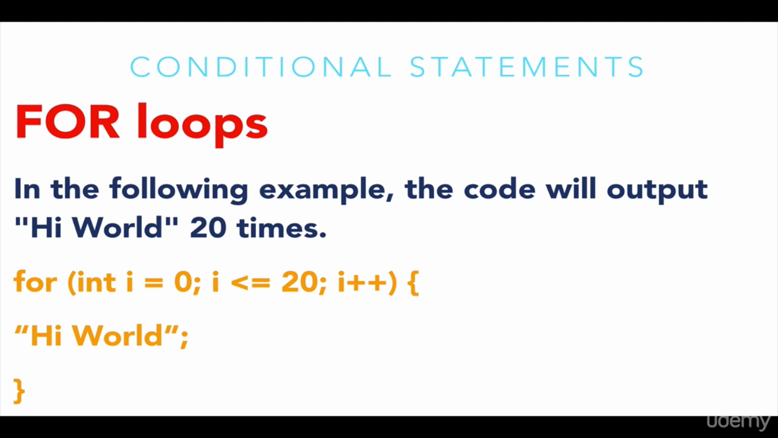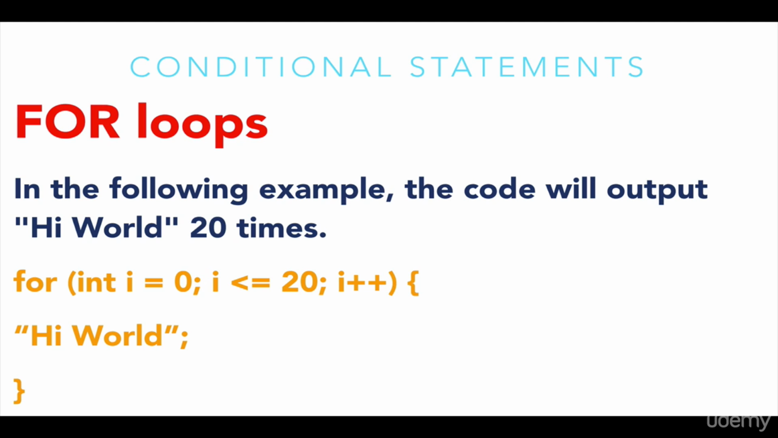And then I need to put in the condition code, the condition under which the loop will stop. Because I want to output the hi world text 20 times, I need to specify that until i is less than or equal to 20, please output the hi world text, okay? And at the end of the condition code, I just need to put in the semicolon, and then at the end I need to specify whether I want to increment or decrement the variable i after each execution of the